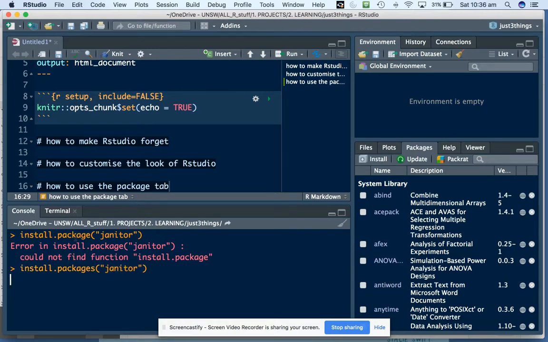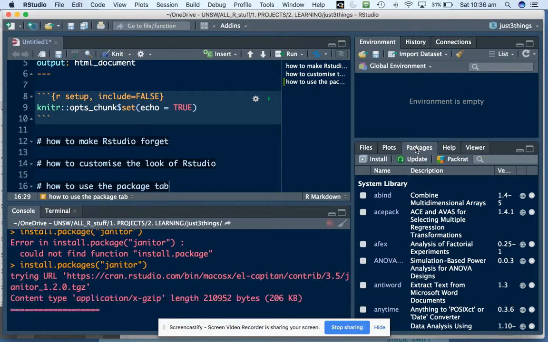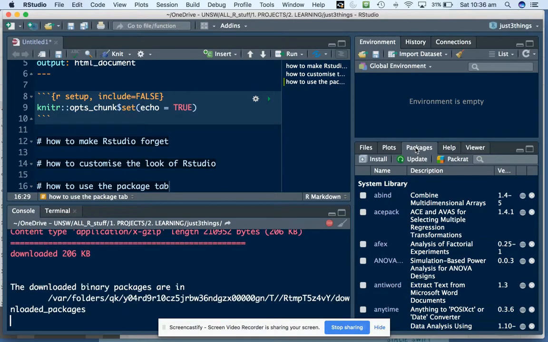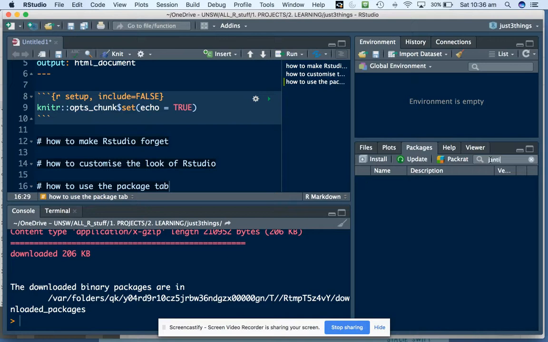But the packages tab makes it really easy to install packages that are on CRAN. So if I go over here and type janitor,